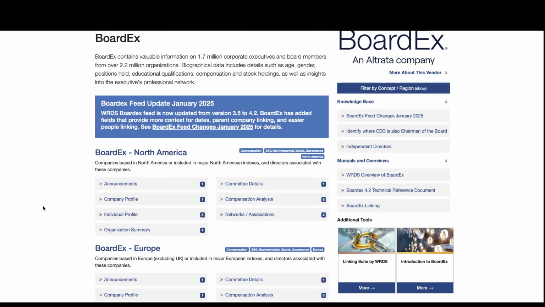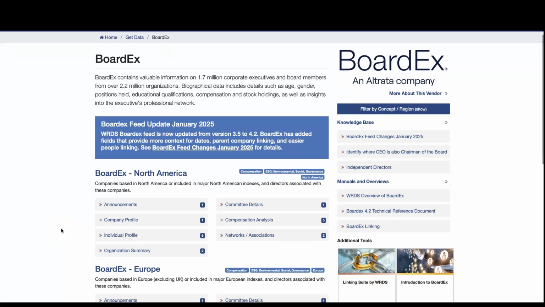But what we are going to look at is how to use this system and get some data from WRDS. Once you go through this video, it is going to be the same throughout most of the other systems in WRDS. They have made this quite user friendly, and it's quite useful to have a look at how to get this data. So under WRDS North America,